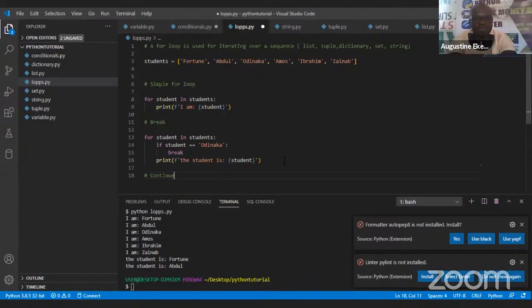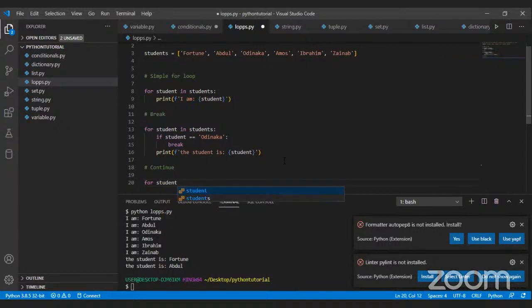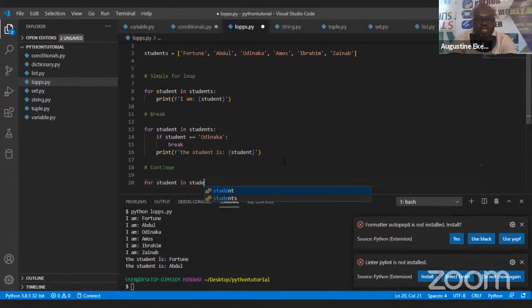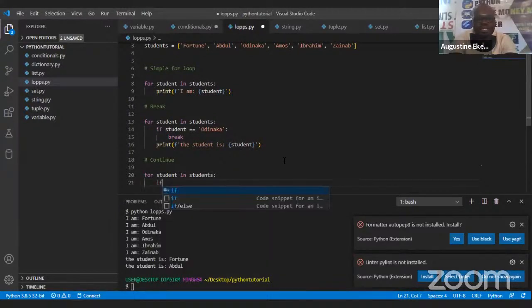The break and the continue syntax are very, very important aspects of the for loop, and you're going to be using them when you're writing your code. That's why we are looking at them. To write this, you simply say the same thing: for student in students, what do we want to happen? They also say if